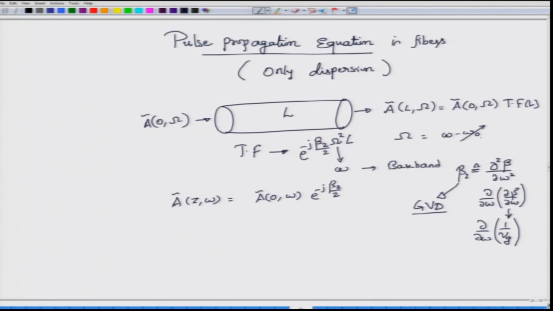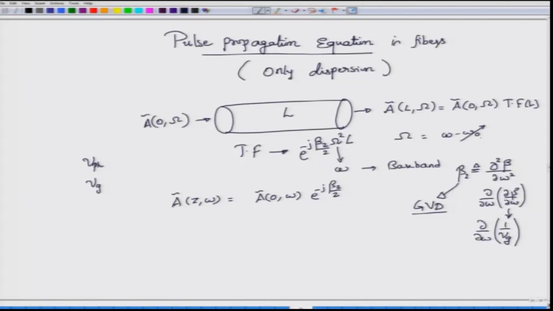So, as we have seen in the previous modules, the carrier will move with a velocity Vph, and the envelope will move with a velocity Vg, that is, the center of the pulse will move with a velocity Vg. But the pulse distortion that happens is because Vg is not a constant with respect to omega, but actually varies with respect to omega. It could of course be considered equivalently as varying with respect to lambda, that is wavelength. So, sometimes that is also used.